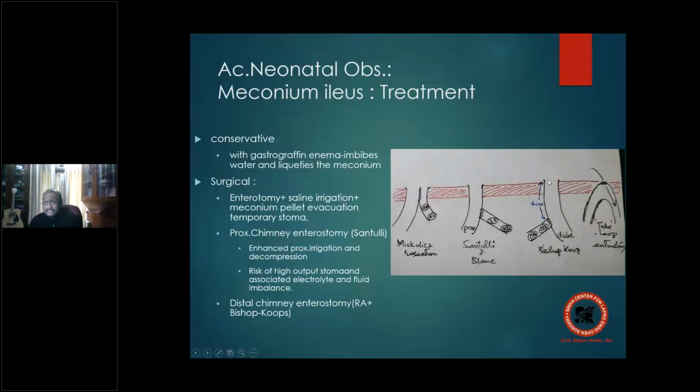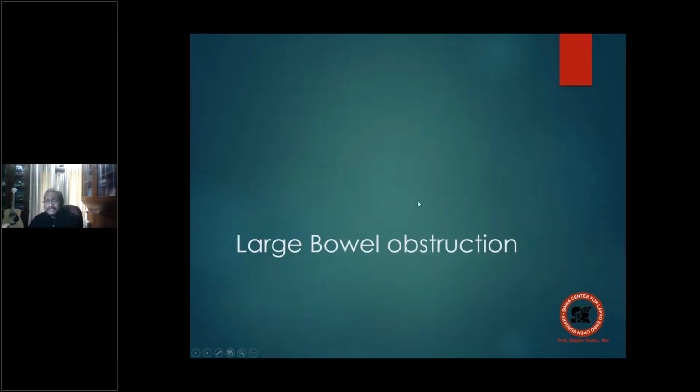And in addition, this enterostomy would help you to liquefy and manually remove these pellets. These round ones are nothing but meconium pellets. And remember, this anastomosis should be such that it's lying 4 centimeters from the enterostomy side, whether it's this or this. So you can do a distal chimney enterostomy or you can do a proximal chimney enterostomy. And the third thing that you can do is a resection anastomosis, what is known as Mikulicz resection, where instead of doing this anastomosis, you bring it out as a barrel enterostomy, right? So that is the treatment.